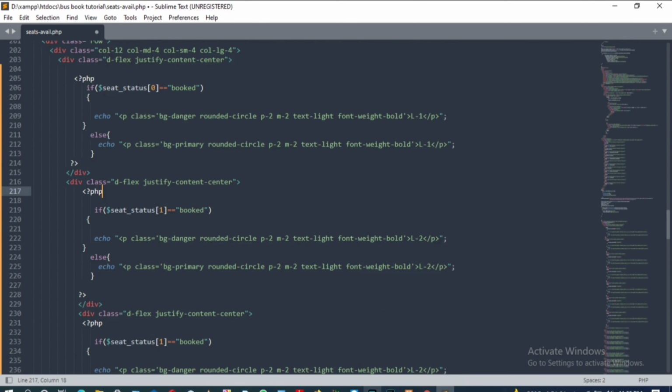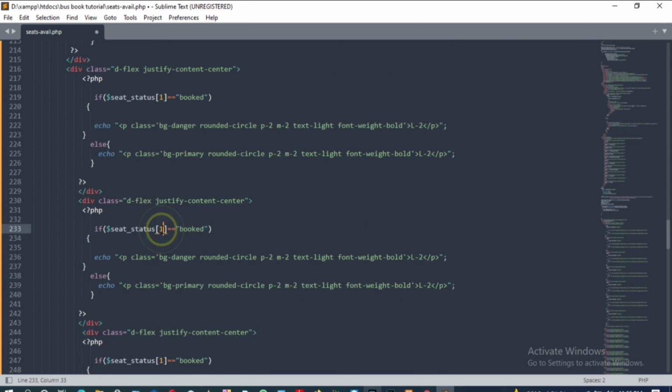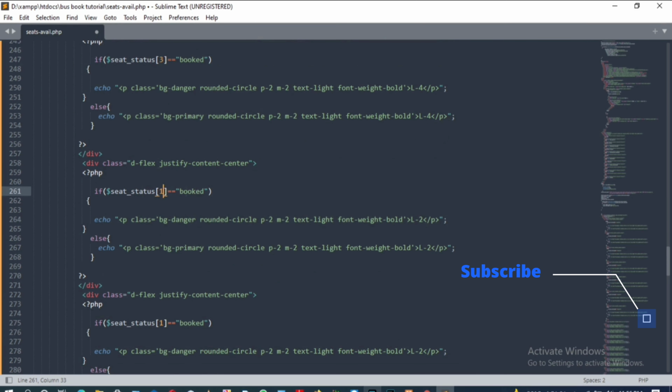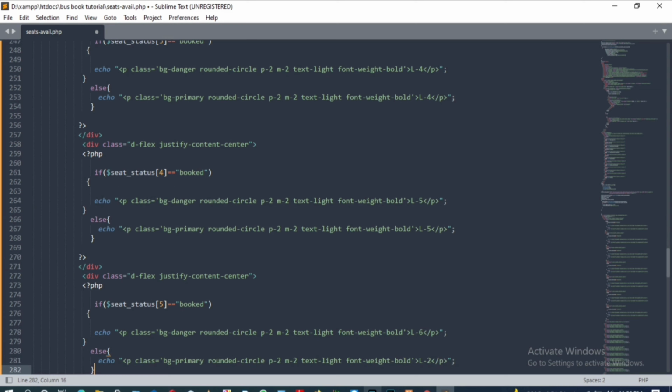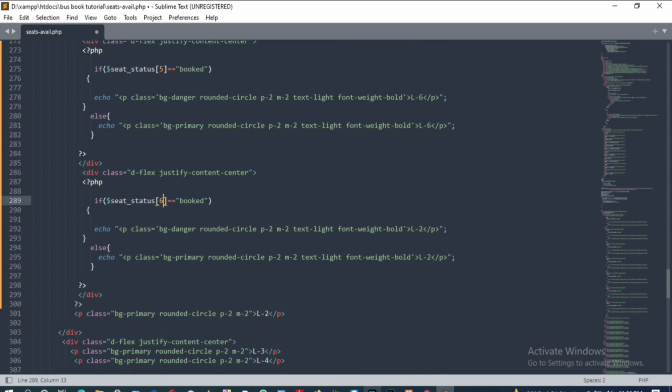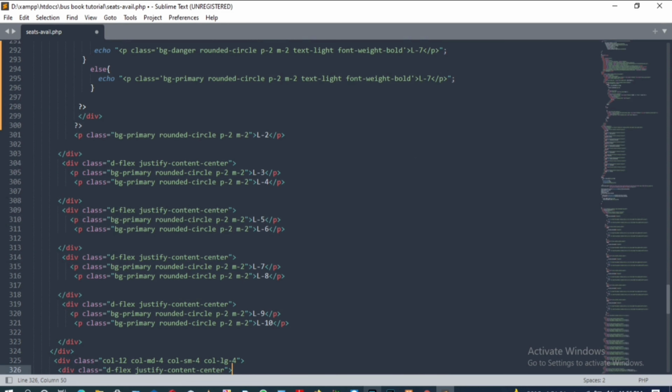One seat is 0 1, here will be 2, and the content will be L3. Okay, here the index will be 3, but the content will be L4. Similarly, here the index will be 4 and content will be L5. Index will be 5, content will be L6. Index will be 6, content will be L7. Okay,